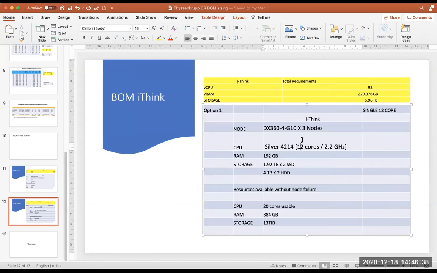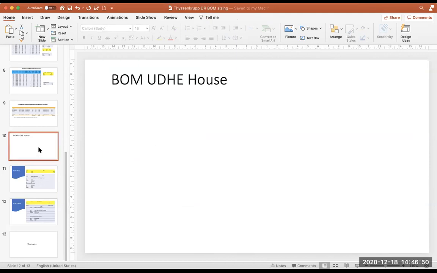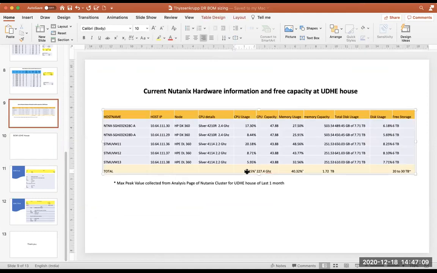So let me properly go through. Okay, so these are the two hardwares which I have recommended, and as per the initial look and feel and the space that is available, I think your existing ESXi environment at the Udhe house will accommodate it. Not a single addition is required, Swapnil. As of now it seems we can fulfill it. We have a total of 5 right now. Yes, and your CPU utilization is also quite low, sir, only 10%.